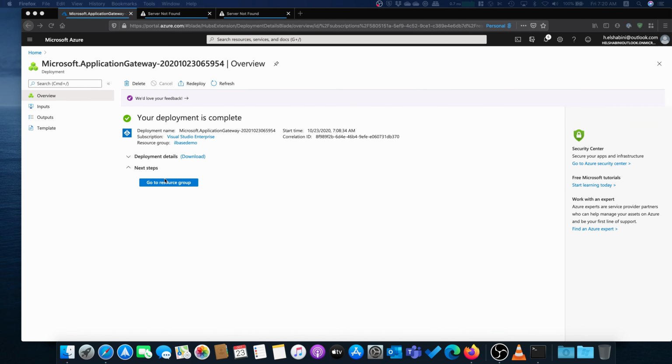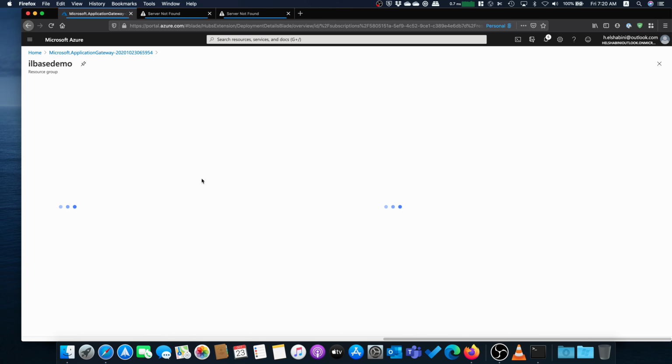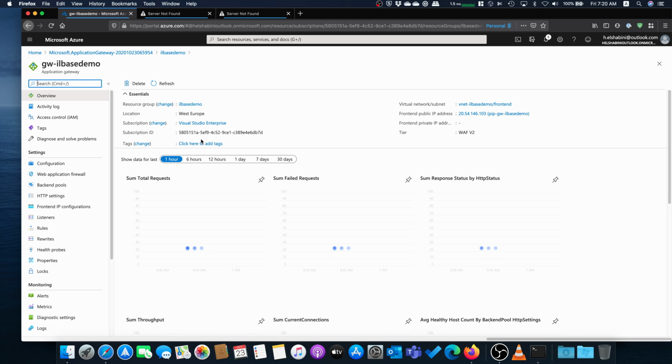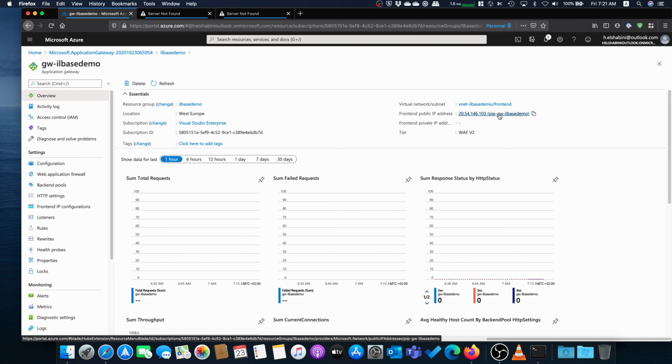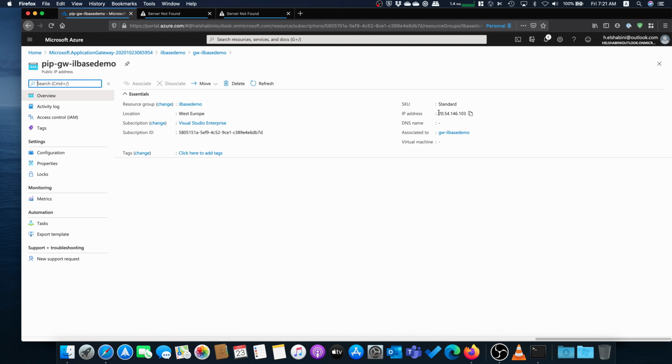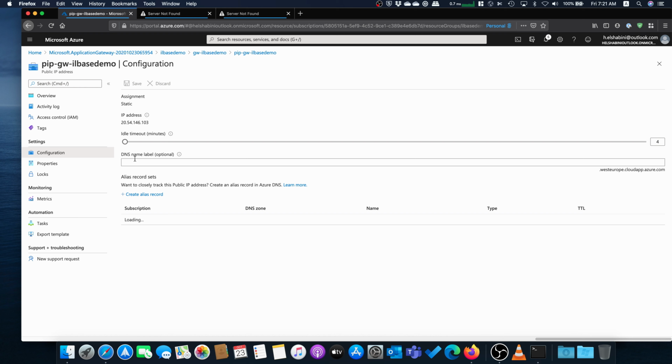And so now we can see the application gateway configuration is completed. So now let's go to this guy right here. Okay, so we know there is a public IP address that we created for this thing. But for this public IP address, there's nothing that resolves to it. I don't have a DNS entry of www.myfancywebsite.com that points to this. So as a temporary measure, I'm just going to use this configuration right here, and I'm going to choose a label,